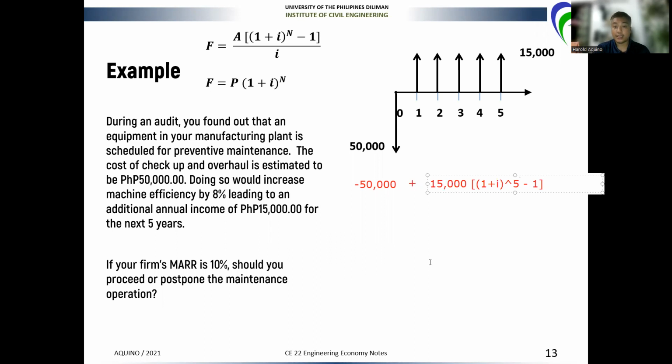Minus 1. And then we divide this term here by I times 1 plus I raised to the 5. And we need to equate that to 0 because we want the I that will make this cash flow have a 0 net present worth. So that will be your internal rate of return. So what we calculate here is the internal rate of return. So don't worry about